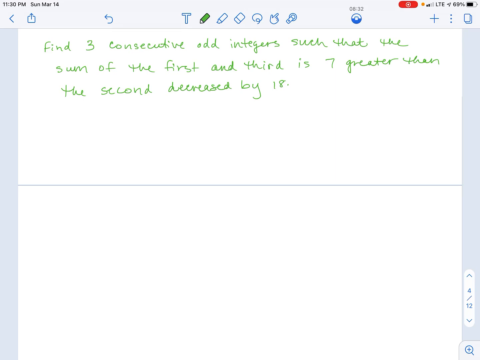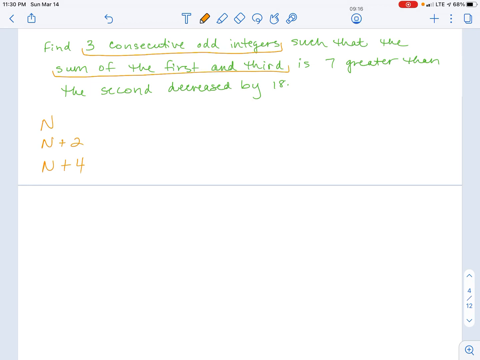involved, but we see here that the first thing we want to do is we're going to find 3 consecutive odd integers. So think about that with me. The first one we'll name n. 3 consecutive odd integers. Remember what we looked at before in the number line. Even if you do pick odd integers, that doesn't matter. You still skip 2 units for each one, correct? Like 1, 3, 5, 7. You're skipping by 2s. So if the first one is n, well then the second one you're still going to skip by 2. And the third one is going to be skipping by 4 from the original number. Okay, so that's that. We named our 3 consecutive odd integers such that the sum of the first and third,